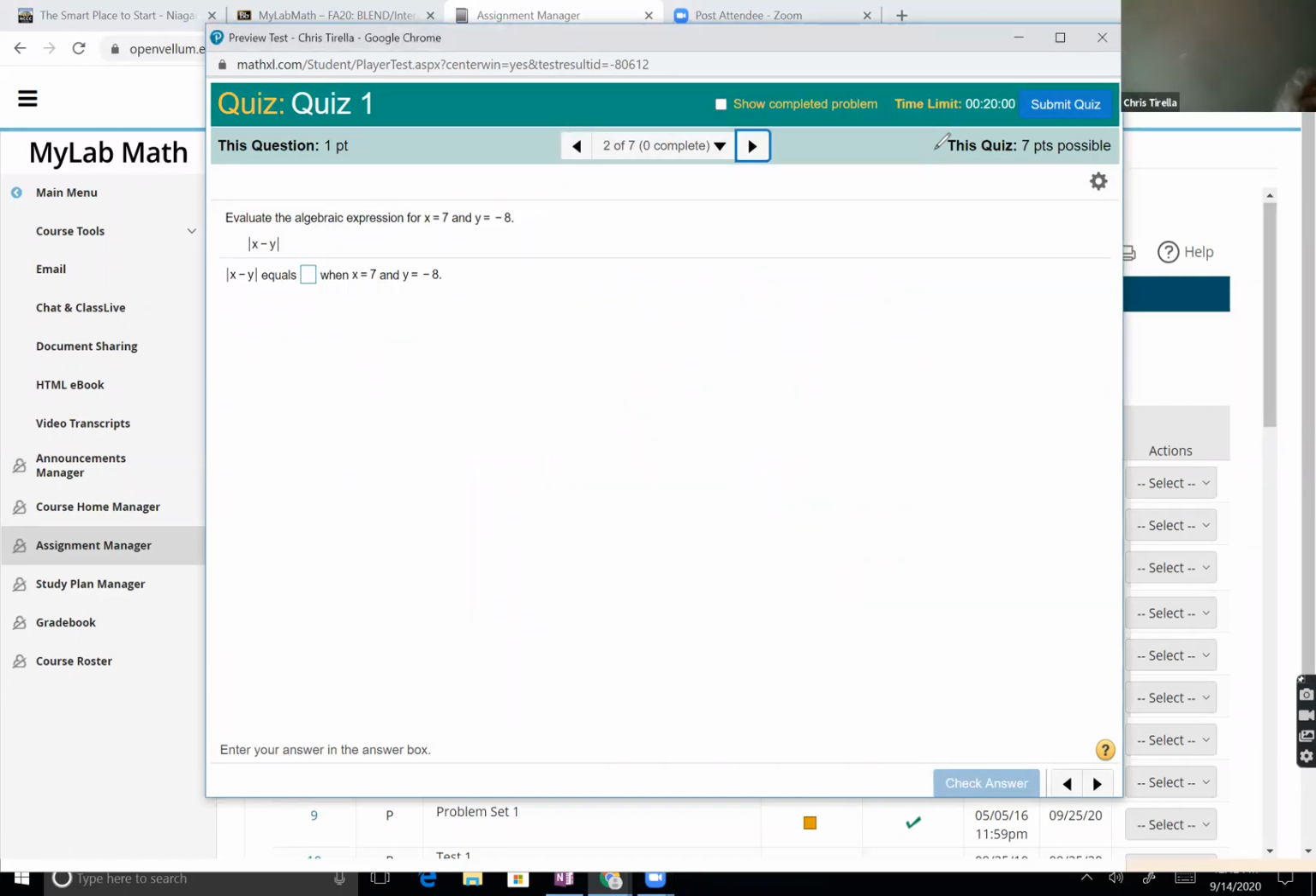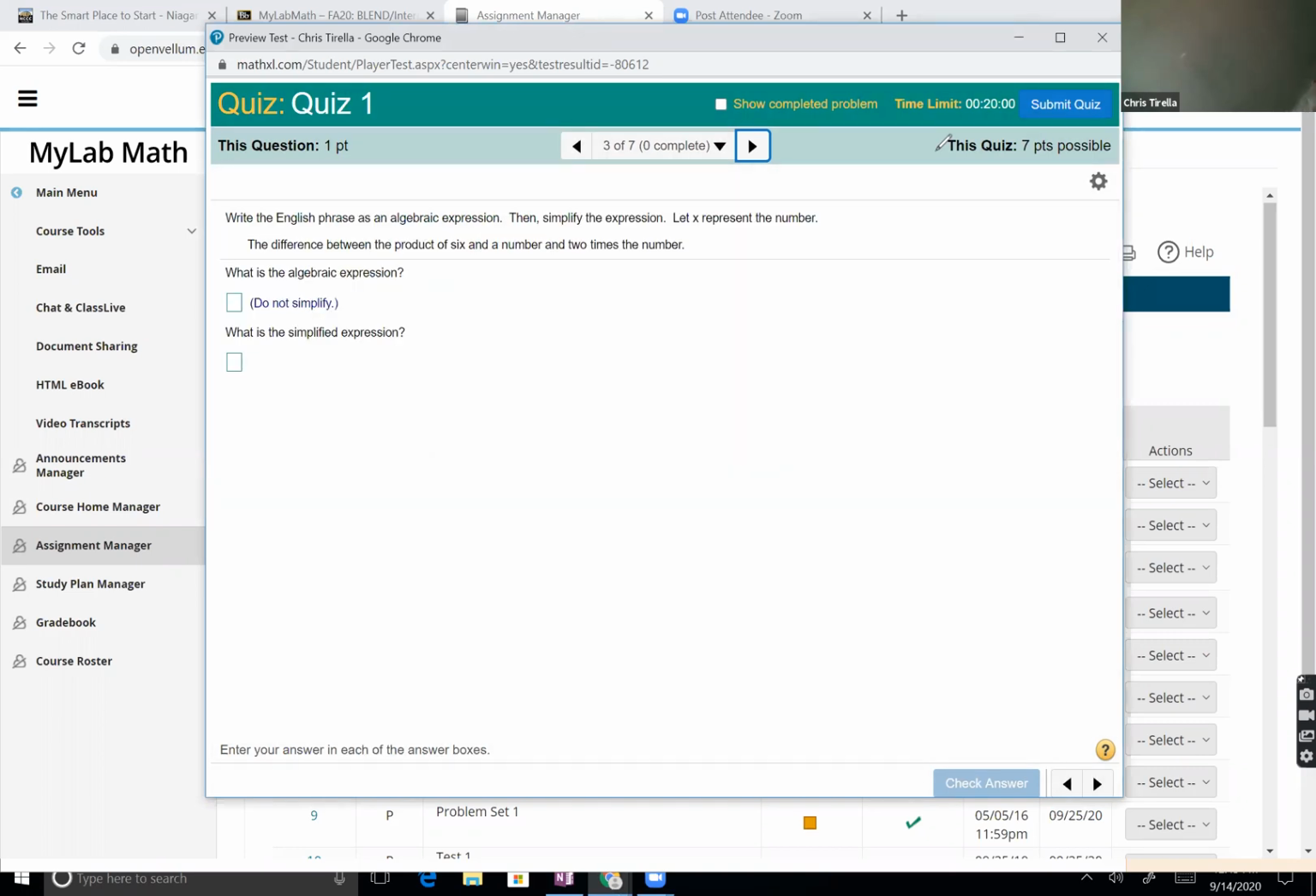Then next, here we've got absolute value. We're taking the absolute value of x minus y. We're told to substitute in 7 for x, minus negative 8 for y. And again, inside those bars, simplify first. 7 minus negative 8 is 15, and the absolute value of 15 would just be 15. I think that one was all right for most people. Next one,